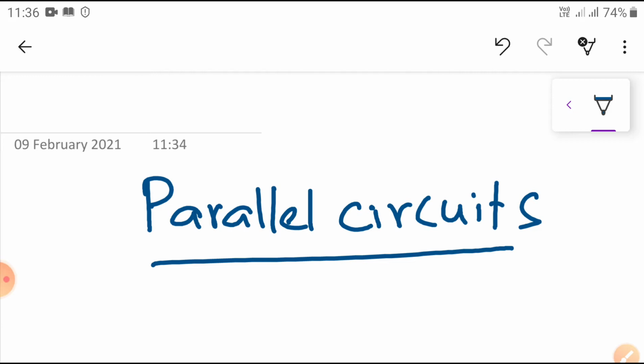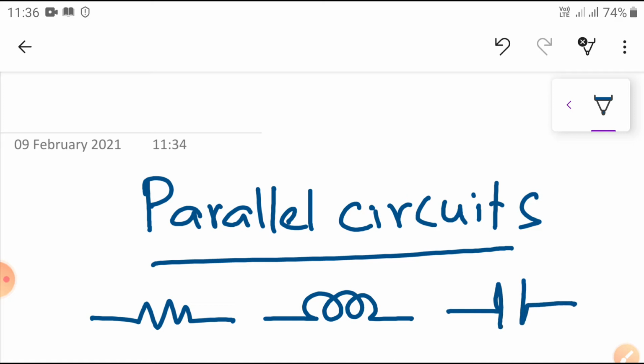Already you have seen circuits with our elements, our heroes, resistance, inductance and capacitance, connected in series in different combinations. We found the resultant current, the power factor, and the power consumed by the total circuit. We simplified all problems. Coming to parallel circuits, if these elements are connected across each other,